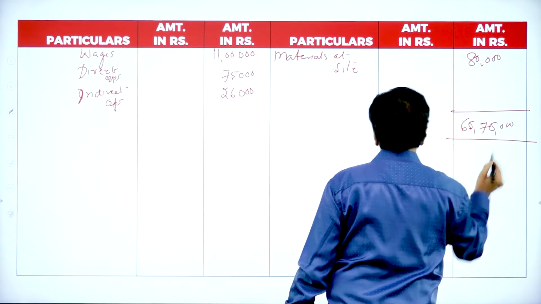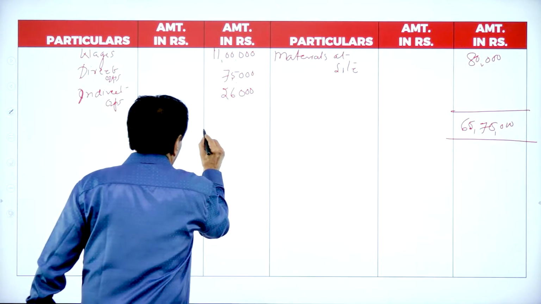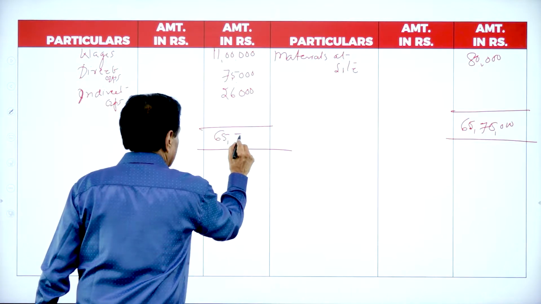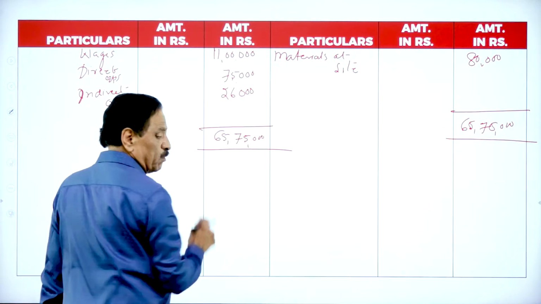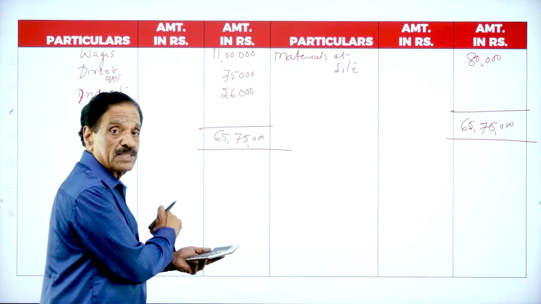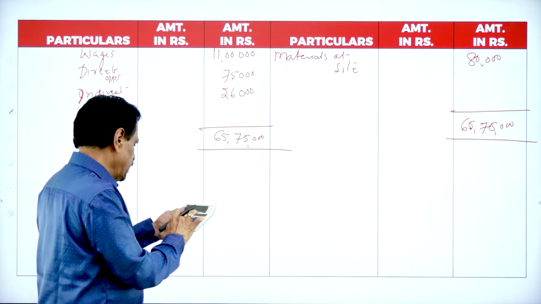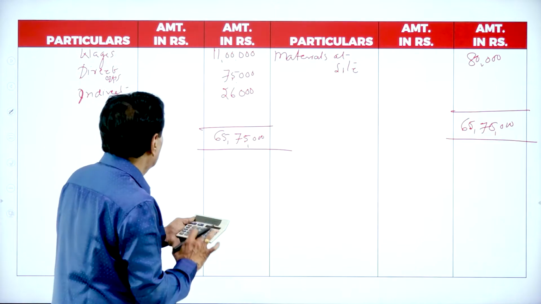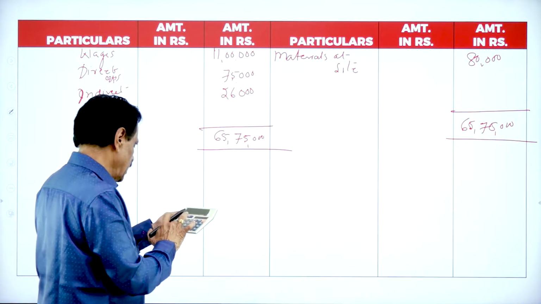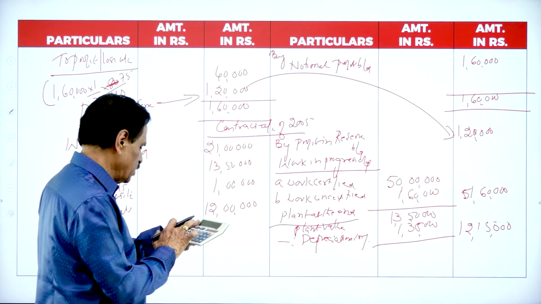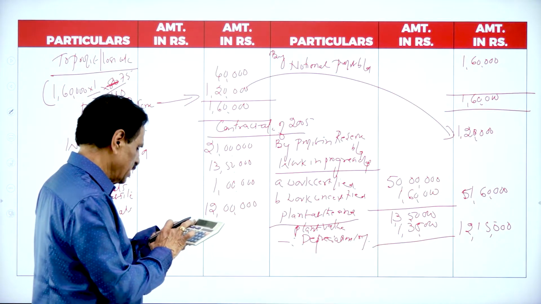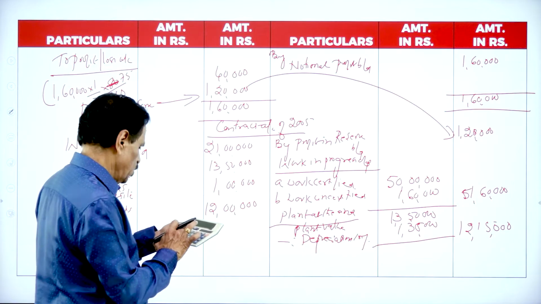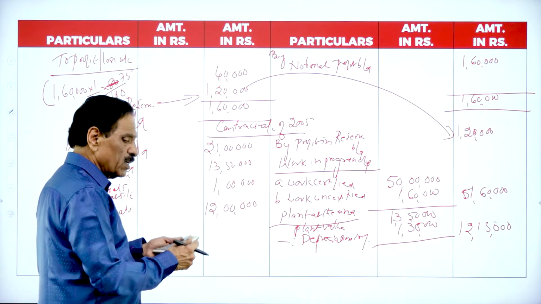65,75,000 total. So bring out the difference. This is minus 26,000, minus 75,000, minus 11 lakh, minus 12 lakh, minus 1 lakh, minus 13 lakh 50,000, minus 21 lakh is equal to